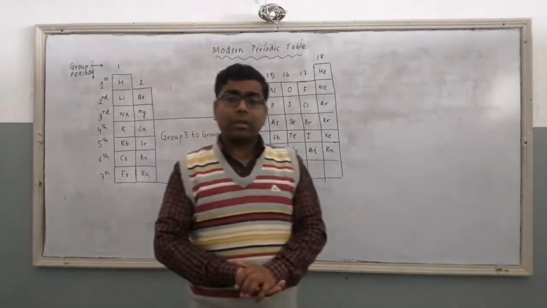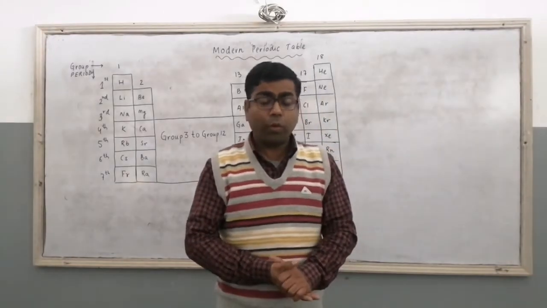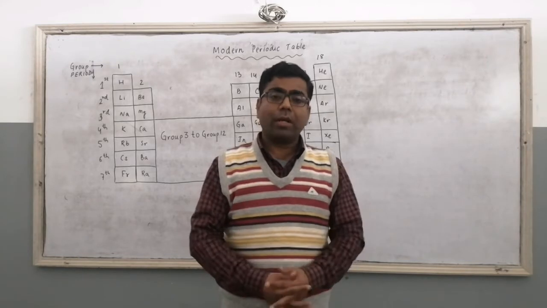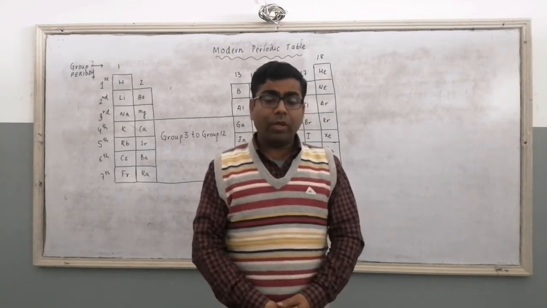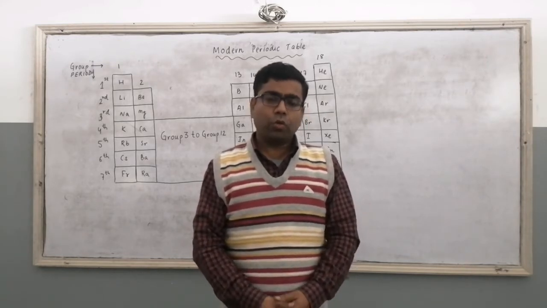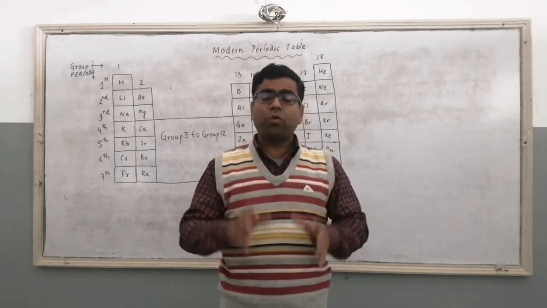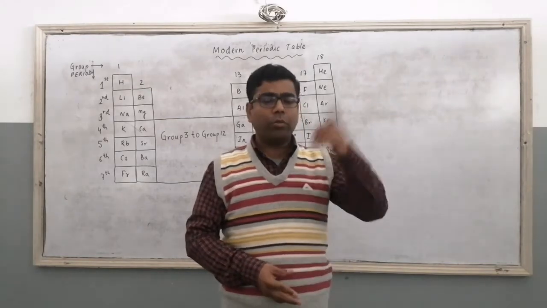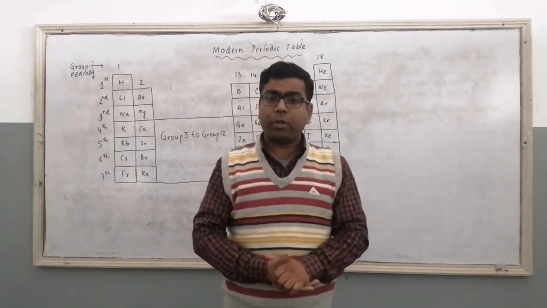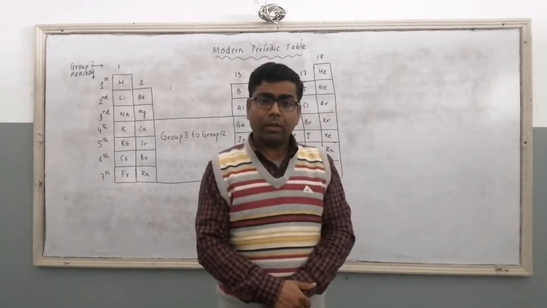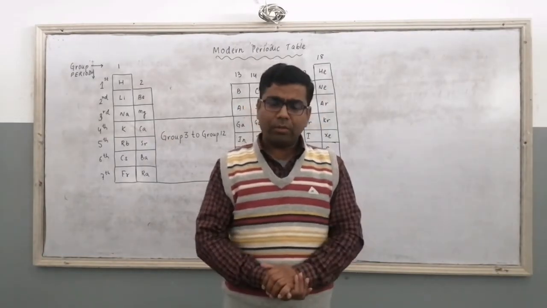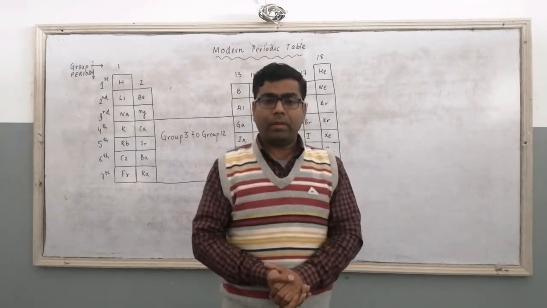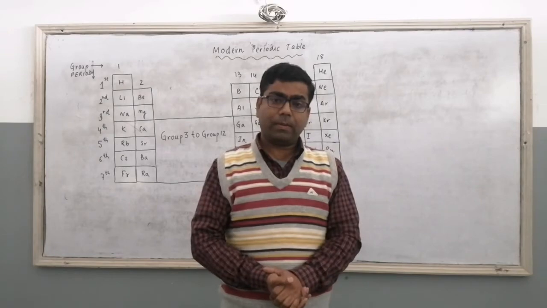What is atomic number? The number of protons or the number of electrons present in an atom is called atomic number. So lithium will be having atomic number 3. So total protons present inside the nucleus will be 3. And in the outermost shell, there will be 1 electron because lithium belongs to group number 1. So on the outermost electron, the force of attraction is due to 3 protons.